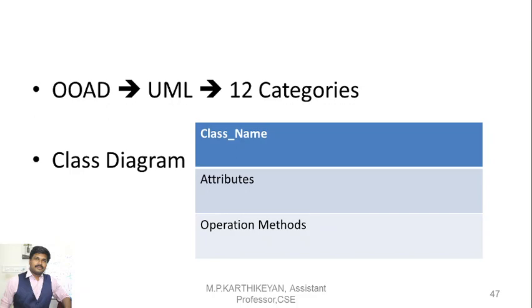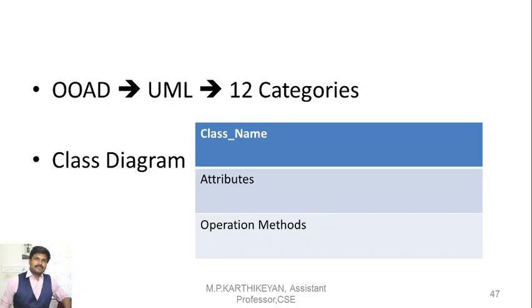And what is the main advantage of this object-oriented, I mean, object-oriented database, when compared to relational database? There is one very, very important concept available in object-oriented design or object-oriented database management system. The thing is, the code can be easily developed using a class diagram. Okay, while in a relational database management system, based upon a query or based upon an output, it is a little bit tough for us to develop it as a program. Okay. Whereas from a class diagram, we can easily convert it into a code.